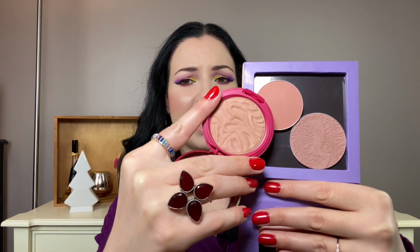This is MAC Melba and Tarte Exposed. Again, very, very neutral, similar to that Physicians Formula color. Honestly, these are not that different. Let me see here. Yeah, look at these 3. This and Tarte Exposed are very, very similar. MAC Melba is definitely more peachy, but yes, I have a lot of repeat blush shades, not gonna lie, but